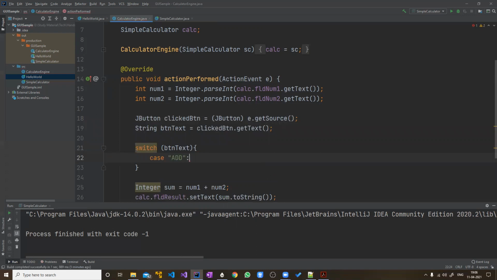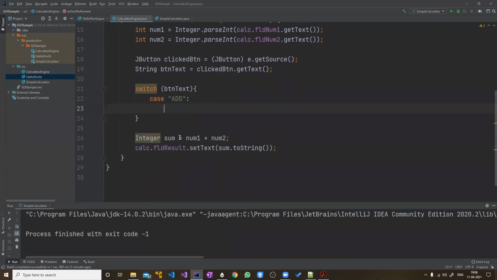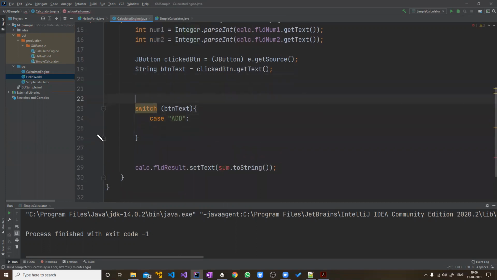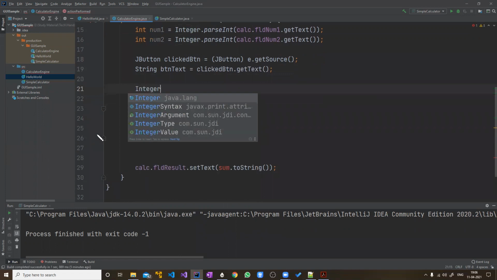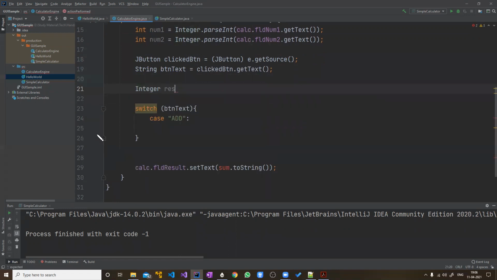This button text can be add. If it is add, okay, I can create variables called sum and difference, two different variables, or I'll actually use a single integer variable called result.